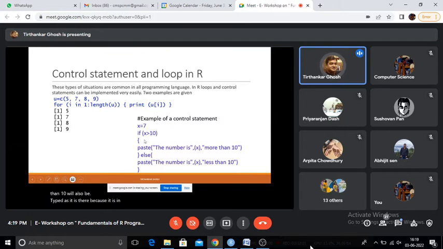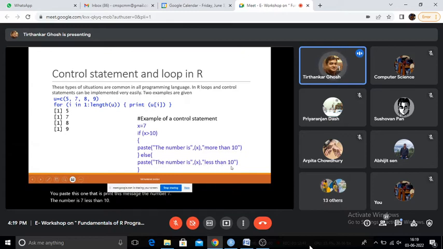Else, that means when x is greater than 10, it will print this message. Else, that is when that condition does not hold, you paste this one, that is, print this message: the number 7, the number is 7, less than 10.